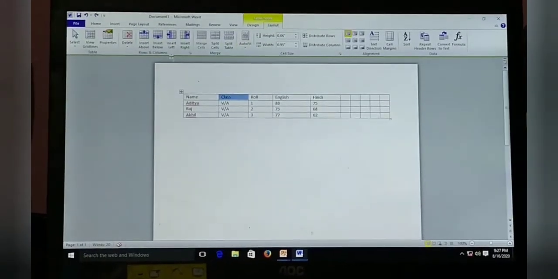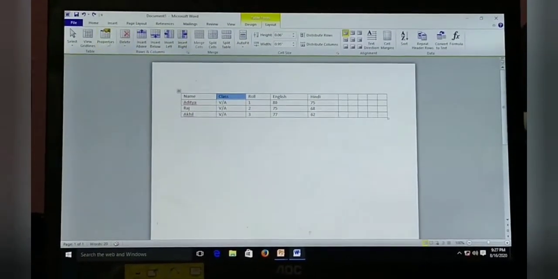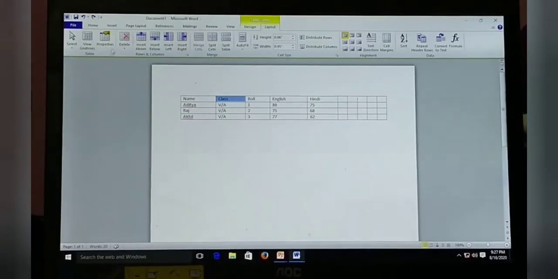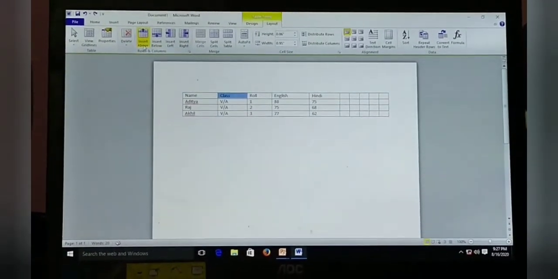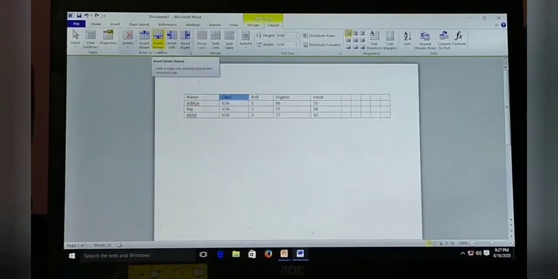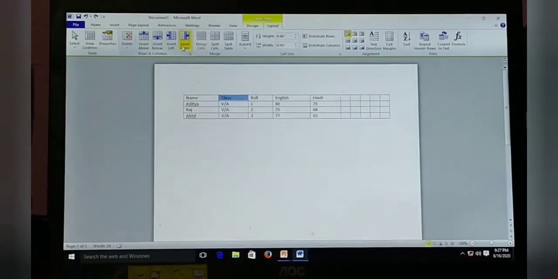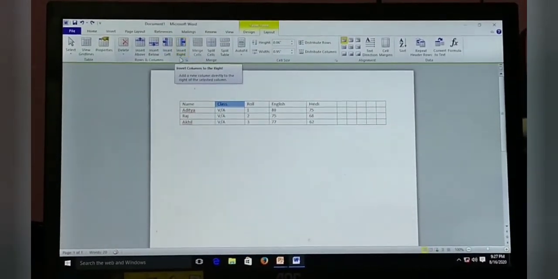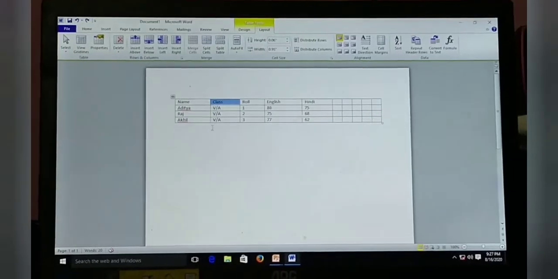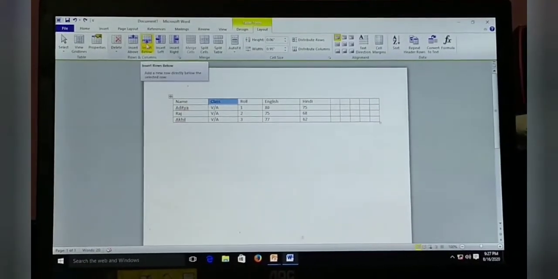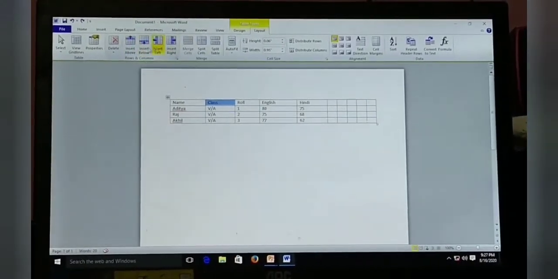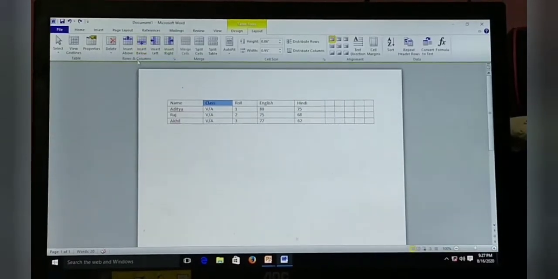Layout tab. In the Layout tab you can see there are many options for inserting, like Insert Above, Insert Below, Insert Left and Insert Right. We will try each and every option and see what will happen.